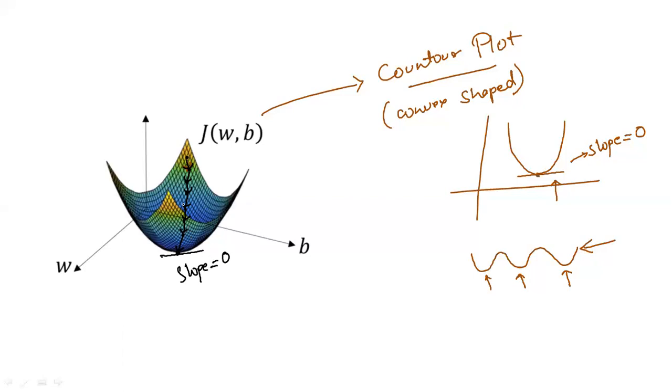Now specifically talking about this graph, the two axes on the lower side represent the parameters w and b, and the upper axis represents the cost function, that is J of w and b. So what would be the value of the cost function, that is J of w comma b, if I apply a specific value of w comma b? So this is basically the contour plot.